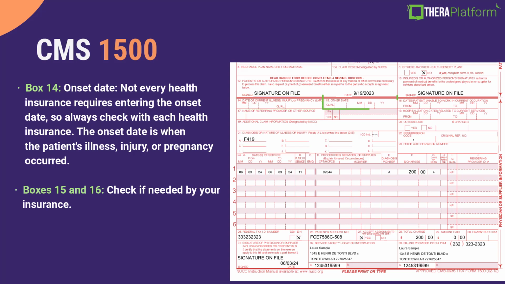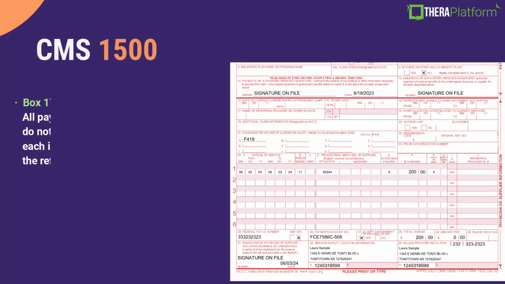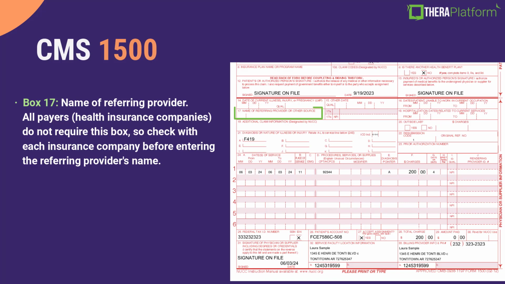Boxes 15 and 16, check if you need to enter any information here with the insurance. Box 17, here is where you enter the name of the referring provider. And again, every insurance is going to be different. So some of them may require you to enter a referring provider's name and some of them won't.